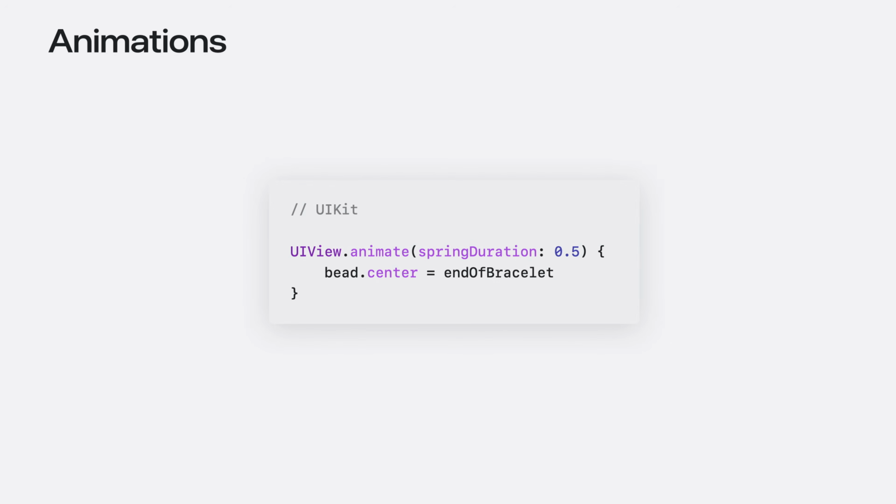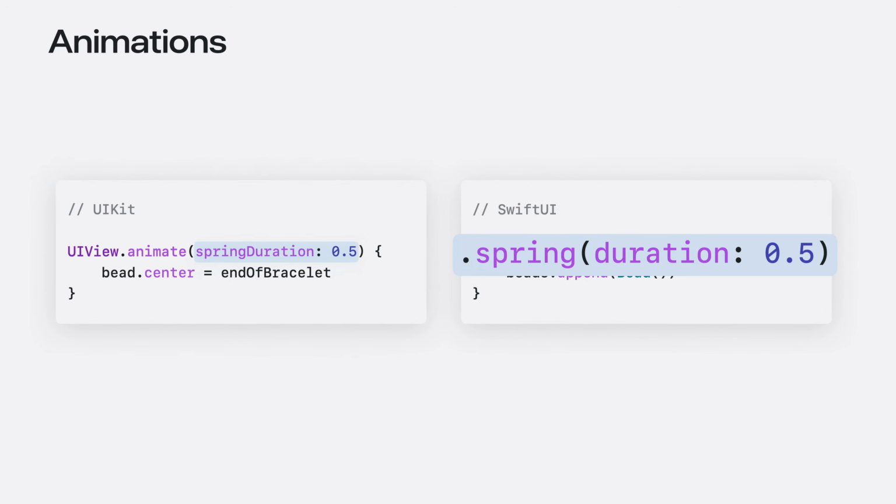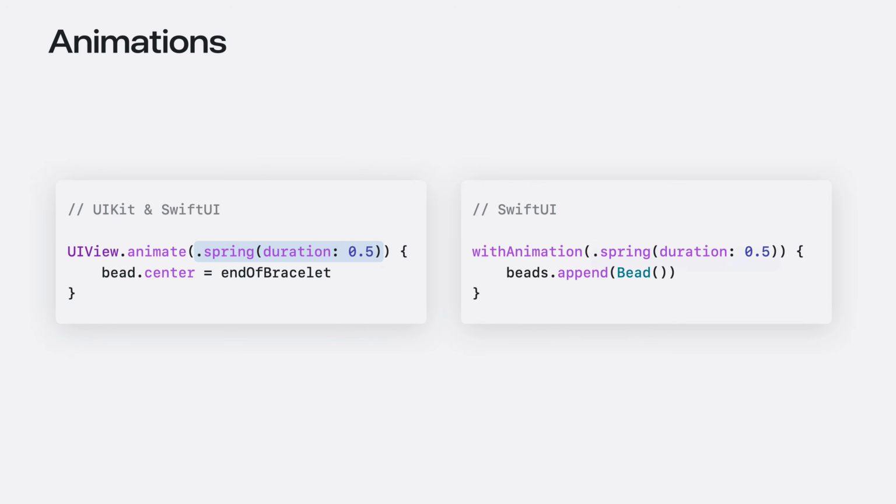If this UI was implemented with UIKit or AppKit, we would use the existing animation API, describing the spring in the parameters of the call, and then updating view properties in the closure. For SwiftUI, there's a similar syntax where we describe the animation with a SwiftUI animation type and update state in the closure. But wouldn't it be awesome if you could have the best of both? Now in iOS 18, you can. You can use a SwiftUI animation type to animate UIKit and AppKit views. This lets you use the full suite of SwiftUI animation types, including SwiftUI custom animations, to animate UIKit views.